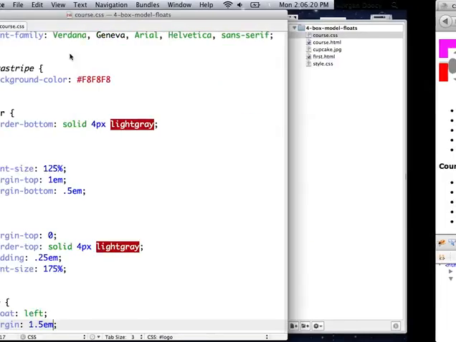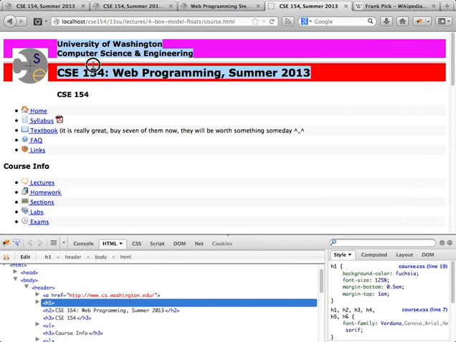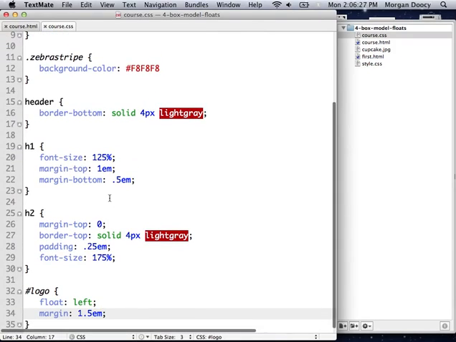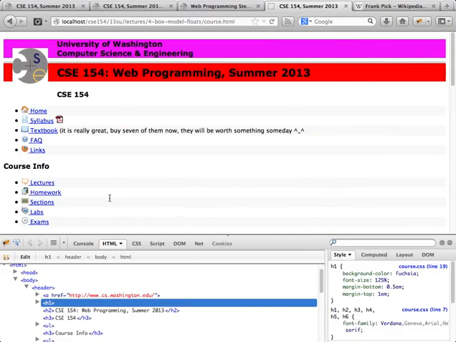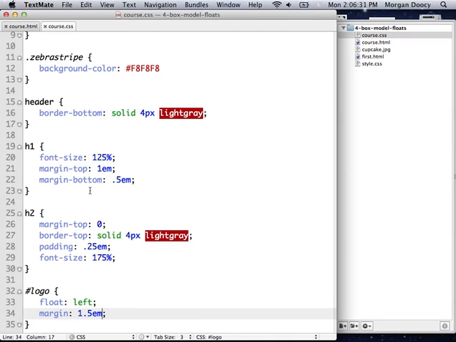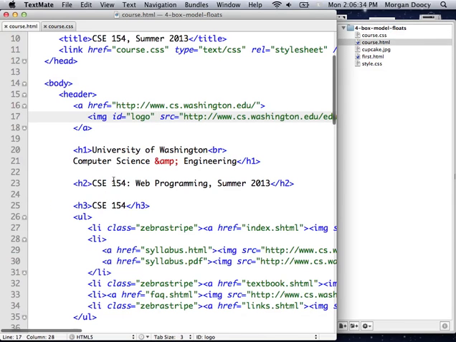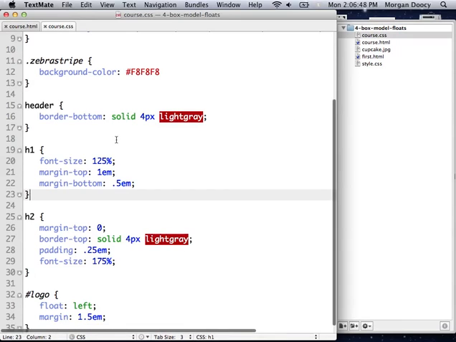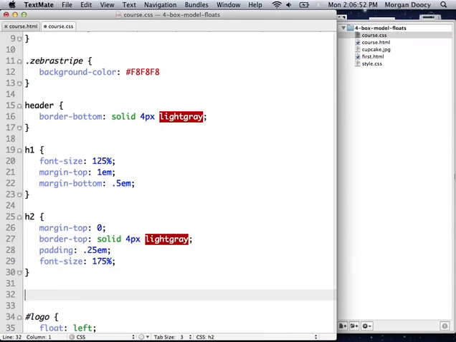I like the idea of floating them both to the left. That would accomplish the same thing. But I'm going to do something that I think is a little bit nicer. These are the things that I want to appear a little bit further to the right. I want the block element to start further to the right. So I'm going to add a left margin to both of these to move their left edge further to the right. So I'm going to say H1 and H2,